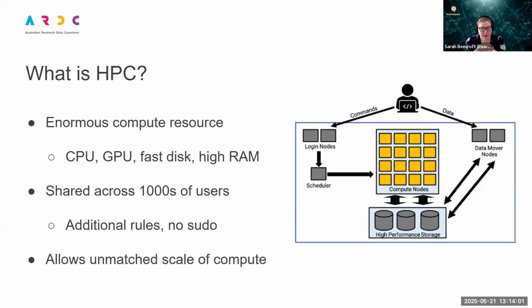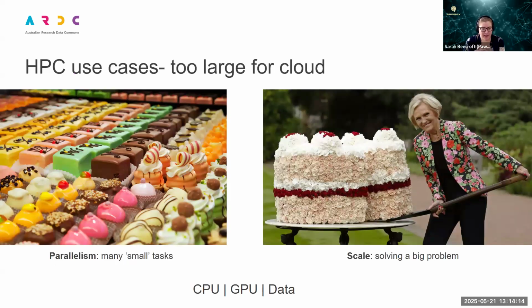You could do something with it, like a huge amount of data parallelism. So if you want to assemble thousands of genomes at once, you can use that to scale outwards, right? So on the next slide, we'll see. Yeah, exactly. I would say the HPC use cases are things that are too large for cloud.